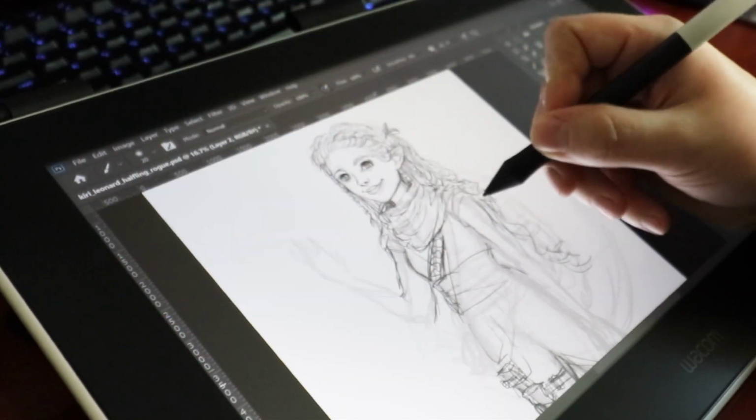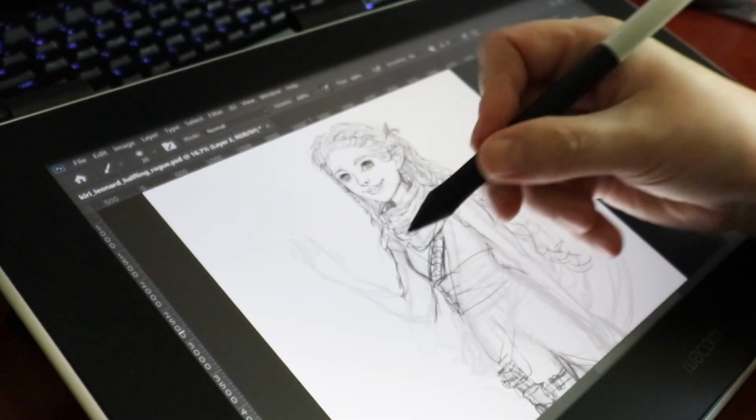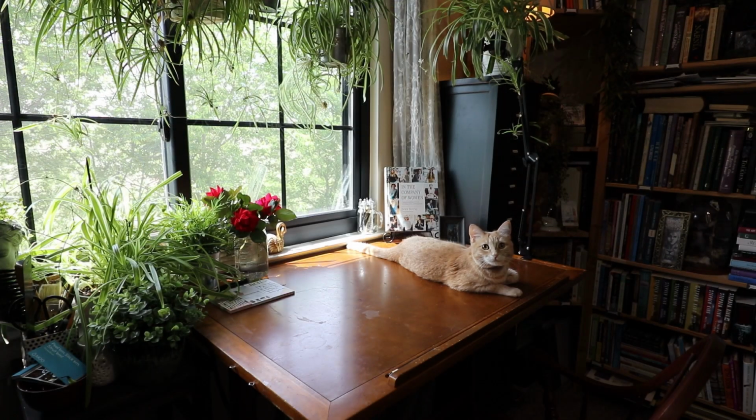Hello friends, do you play Dungeons and Dragons? I do, and I've done so since I was a teenager. So today I would like to share with you 5 character design tips that you can utilize when illustrating your